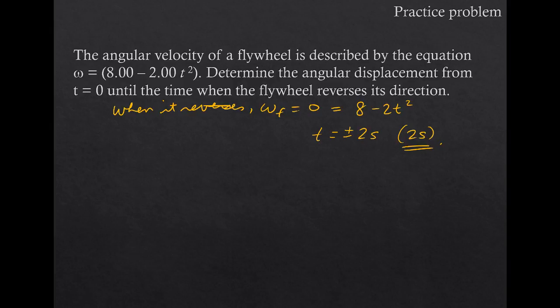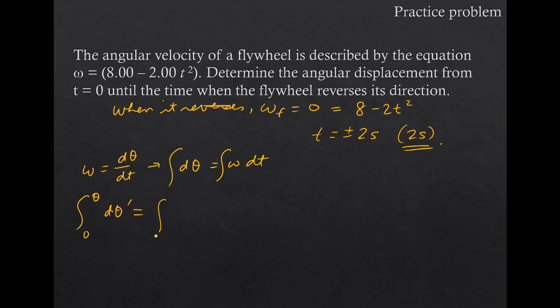Since this is not linear, we can't just plug in and do theta is omega times t. We actually have to break it down and integrate. Since omega is d theta dt, we can say d theta is omega dt, and then we just integrate that. So we're going to integrate d theta prime from 0 to theta, because that's what we want, the angular displacement. And then we're going to integrate from 0 to 2 of omega